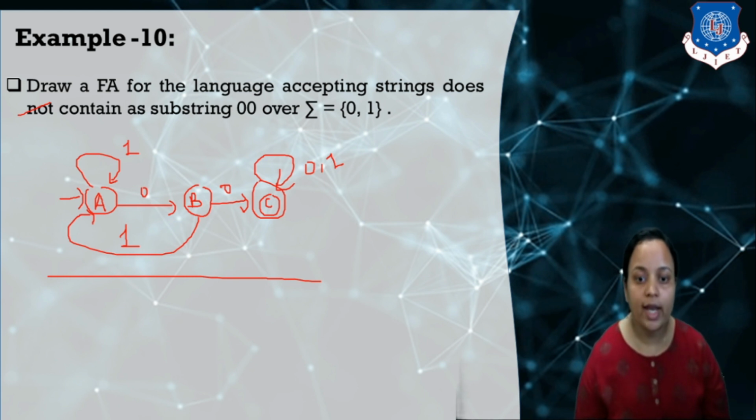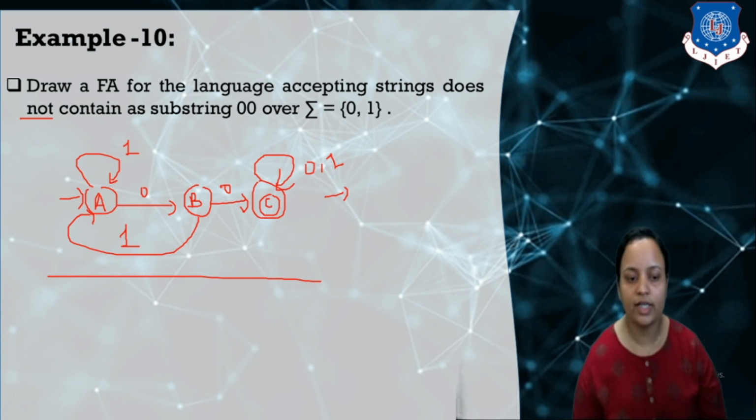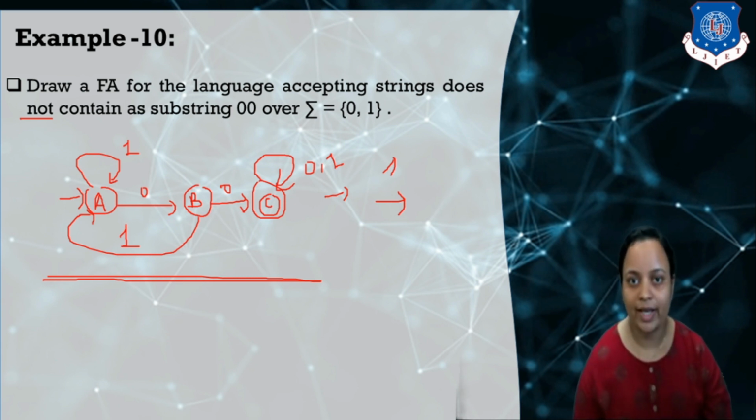Okay. Now they are asking, we have to consider this note. If we have to draw the DFA for the language which does not contain a substring 0 0, how do we draw it? It is very simple. What you are going to do is consider the final states of this DFA. Now here I am going to mention the final and non-final states. So this is the DFA for the language containing 0 0 as a substring.